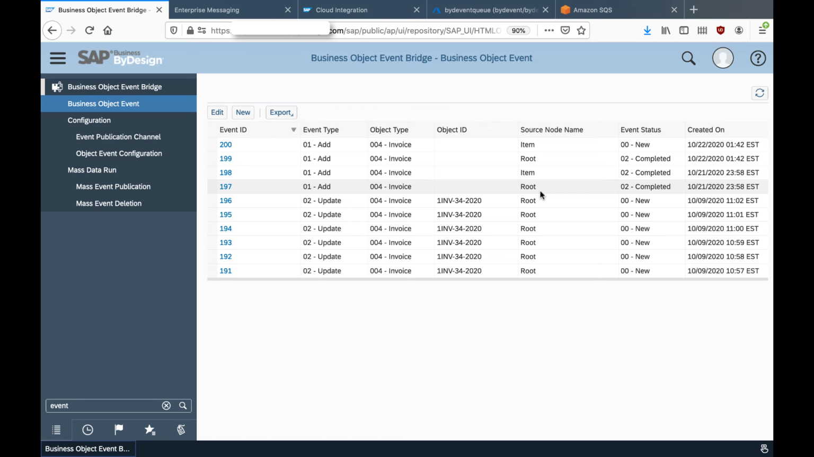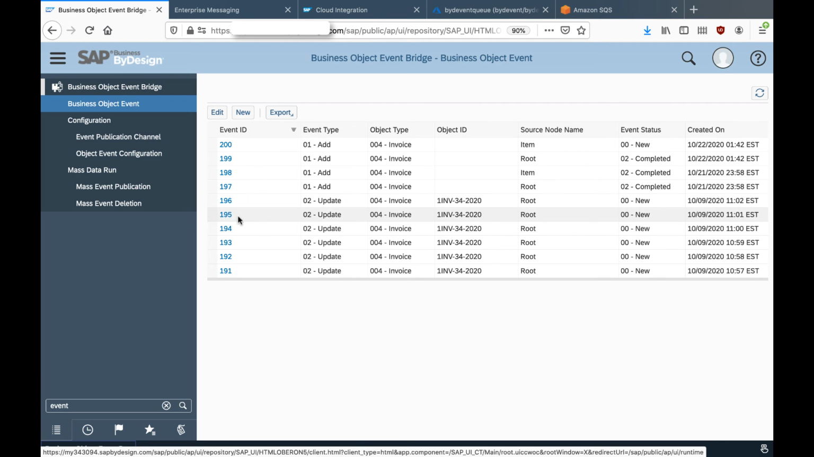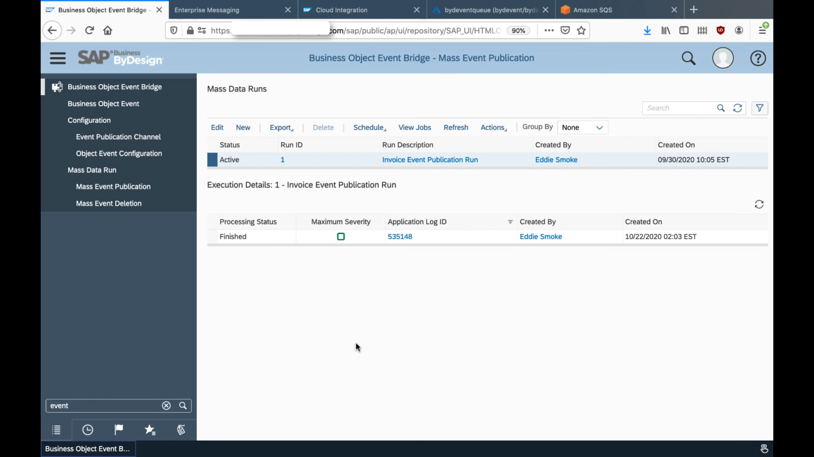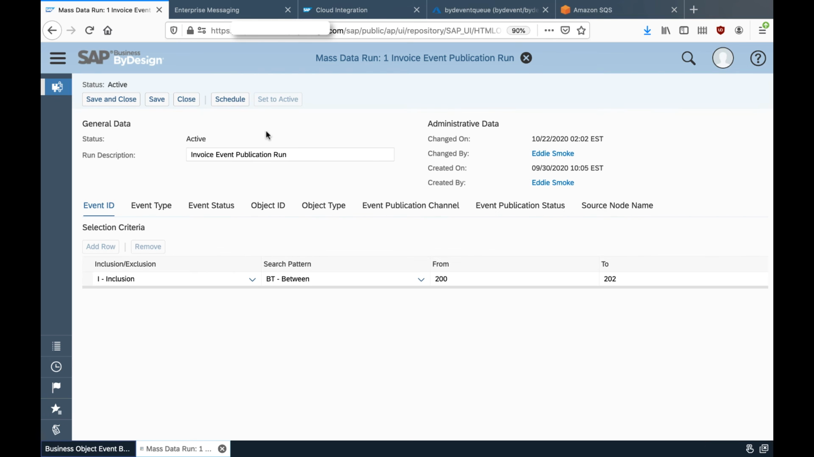Now let's have a look at the mass event publication. I'm going to show a quick demo. I'm going to publish events 191 to 196 with the mass publication, where I have defined the mass data run for the invoice event, where you can have selection criteria such as between the ID. Okay, let's set this in this case 190 to